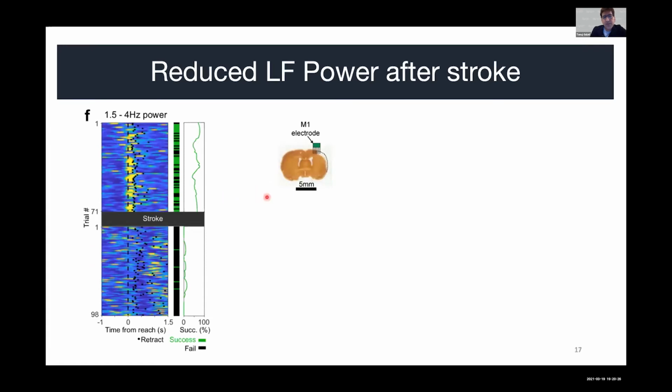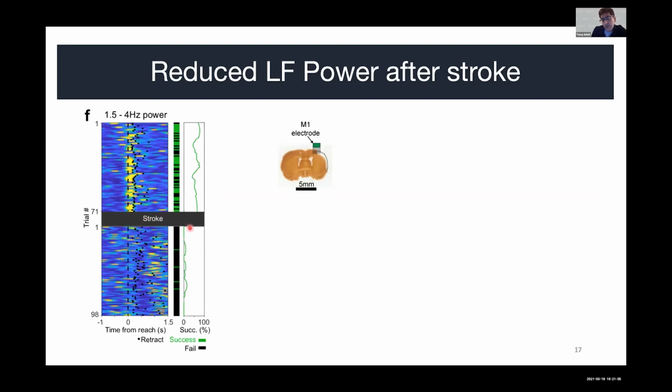Here, I'll first describe some of the results with the MCA stroke model, in which the deficits are mostly permanent because it's a supermassive stroke. So here is one rat in which MCA stroke was done. Let me unpack this plot for you because there are a few things on it. Here are 71 trials before a stroke in this rat. You see that as the rat becomes good at this task, there is a lot of 1.5 to 4 hertz power, the LFO power that I just talked about. And over here in the green line is the accuracy at grasping. This rat is really cruising along, with a good 60 to 70% accuracy in grasping the pellet.